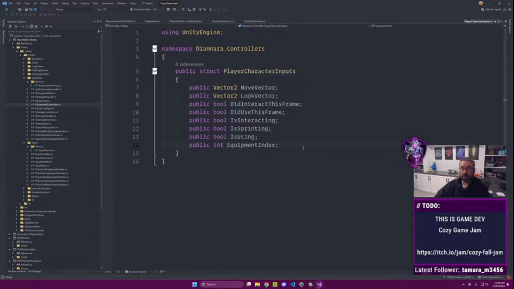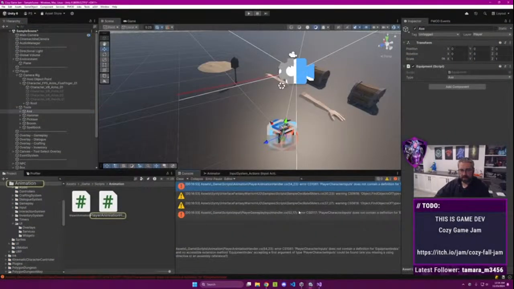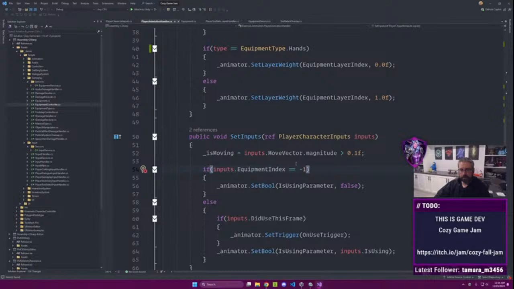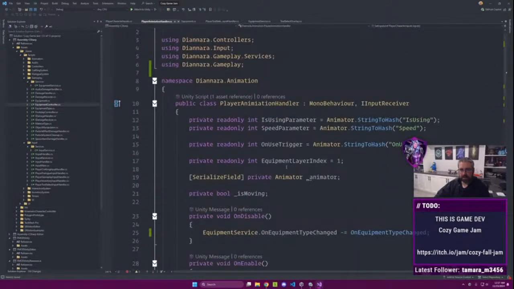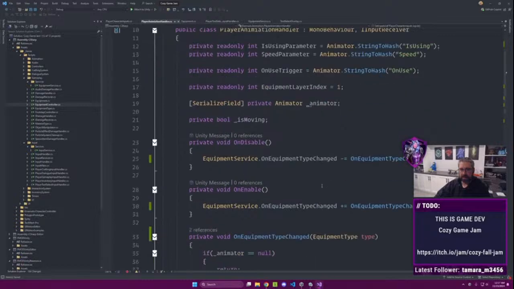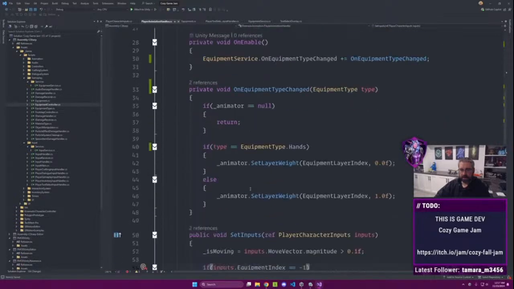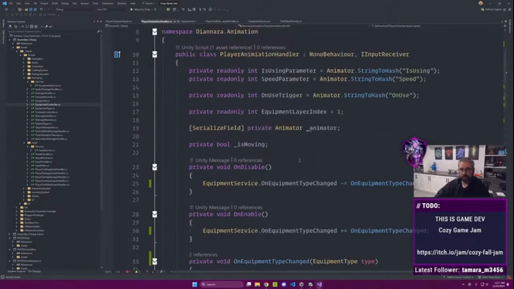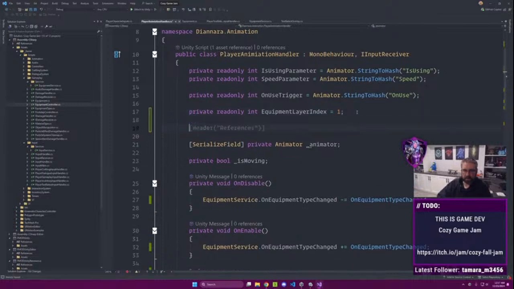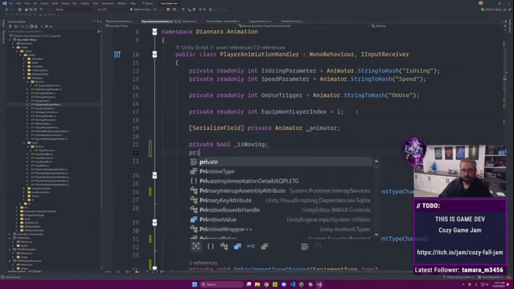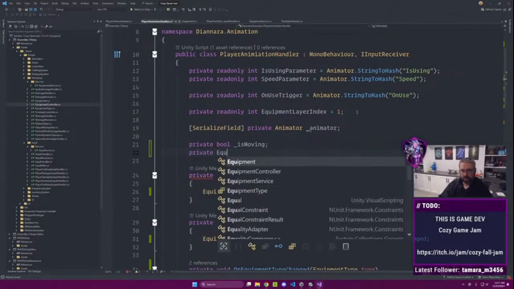which is no longer part of this. So we can actually delete this, which is going to break some things. Right? We need to fix this. So the animator needs to be aware of this, which it can. So we can actually set the private equipment type,